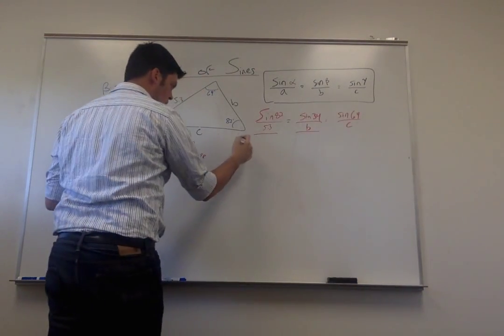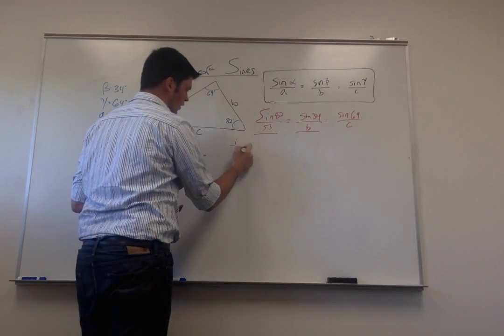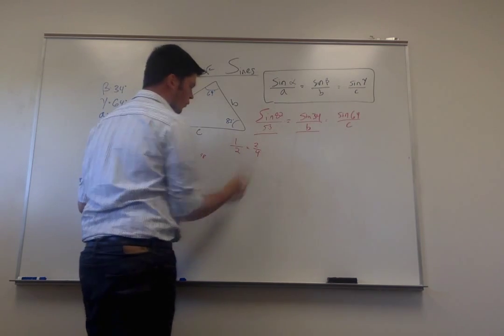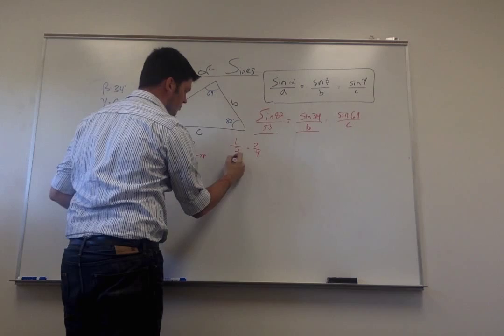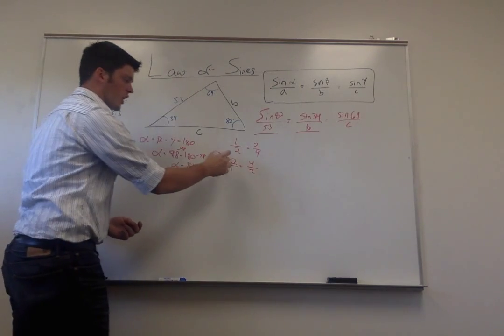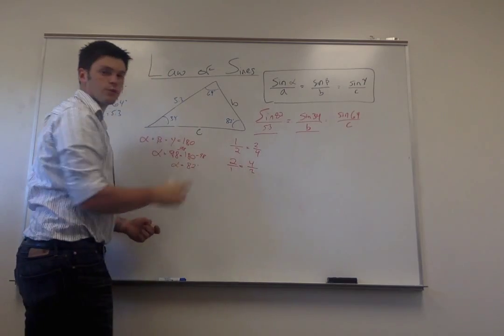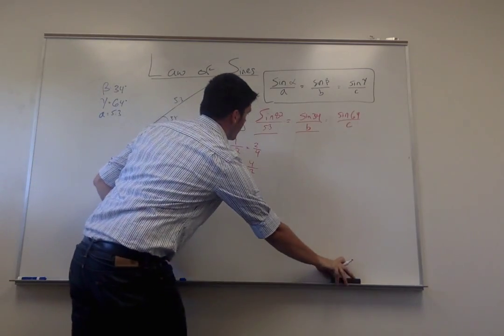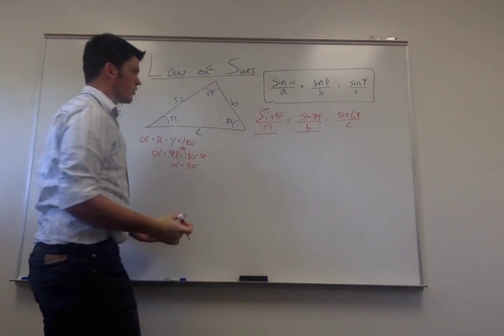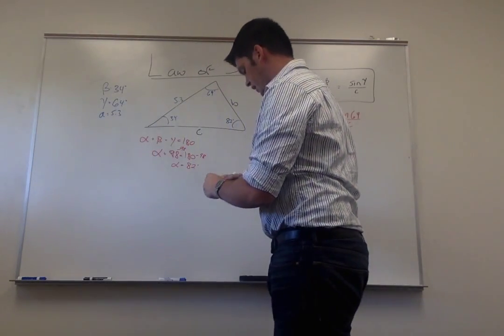Notice that if we have the equivalence equation, 1 over 2 is equal to 2 over 4, and we flip these, so we have 2 over 1 is equal to 4 over 2, it doesn't change the equivalence equation. They're still equal to each other, right? So we can do that with our equations here, and they're still going to be equal to each other. So what we have is,